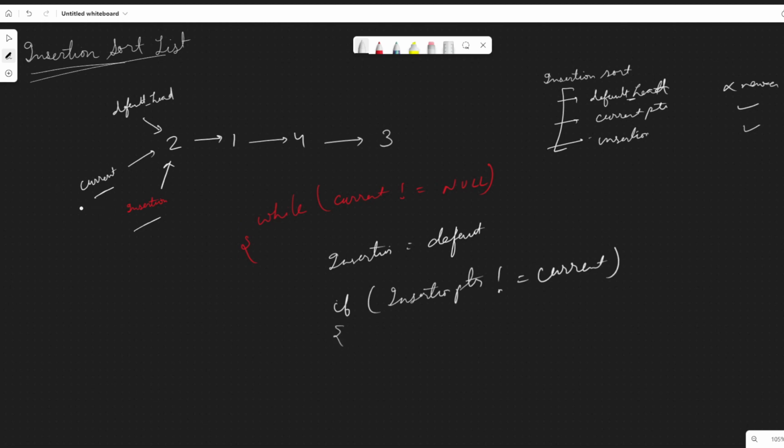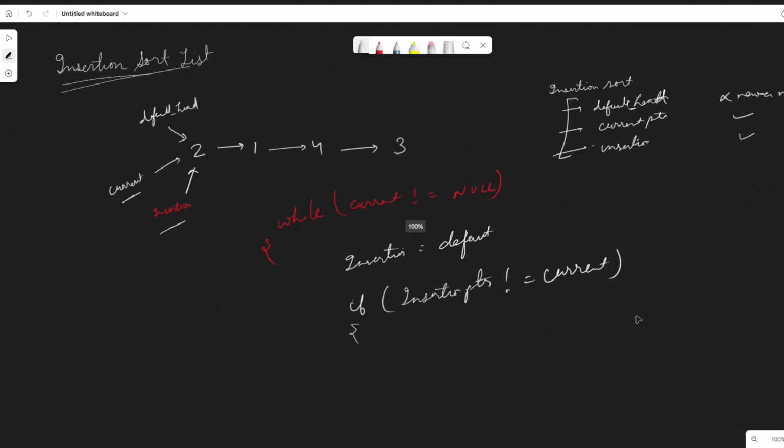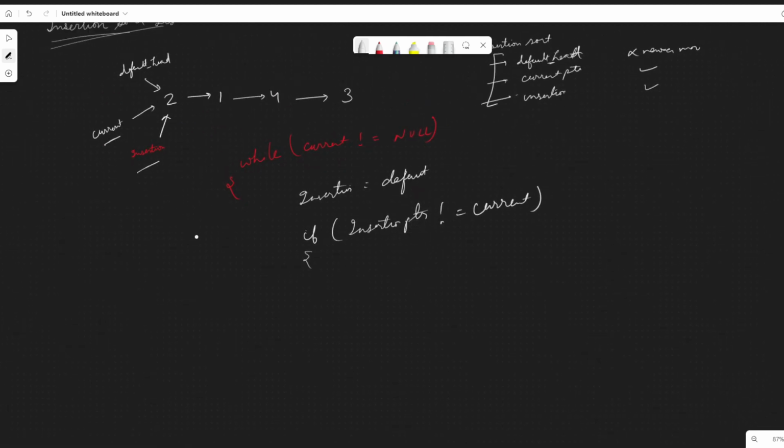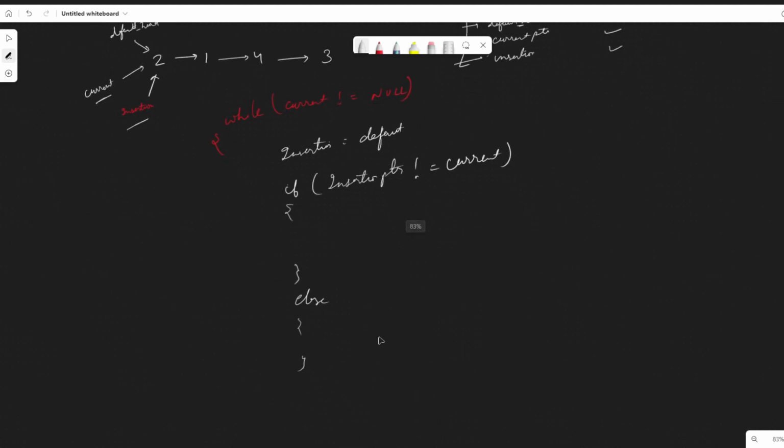We check only if our current pointer and insertion pointer are pointing differently. Suppose our current pointer moves further, else there should be an else condition, and